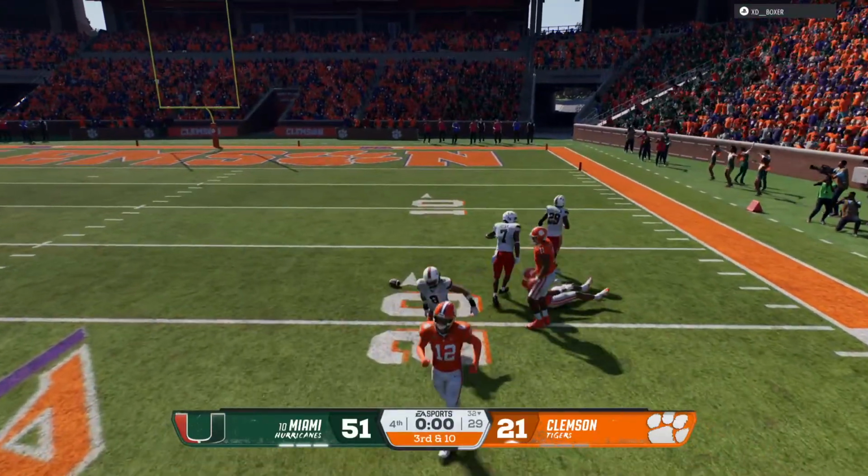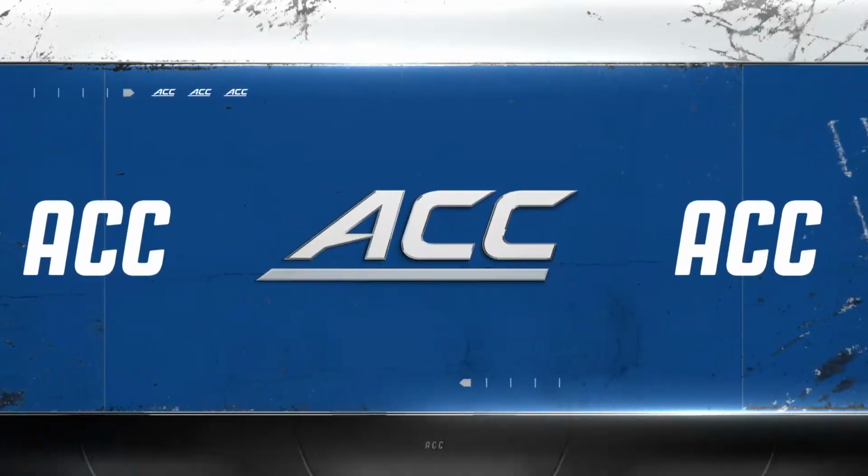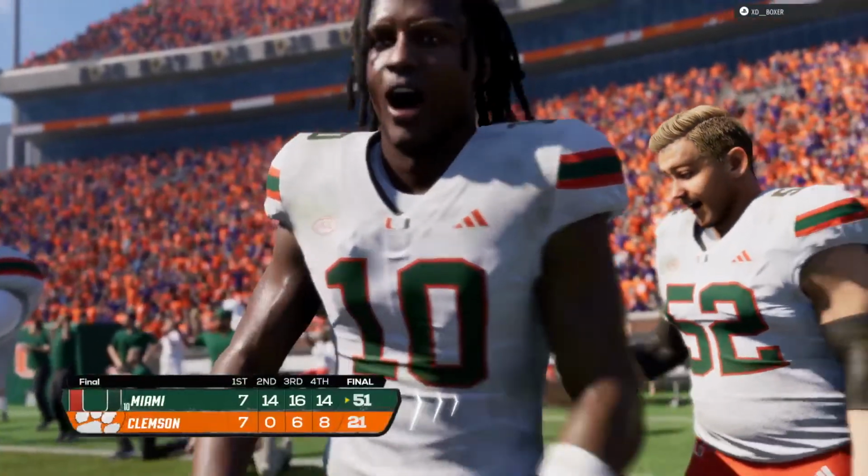And the ball falls to the ground, incomplete. The game is over, and that's just sort of how this one has gone. Not a lot of drama in this one as they just get